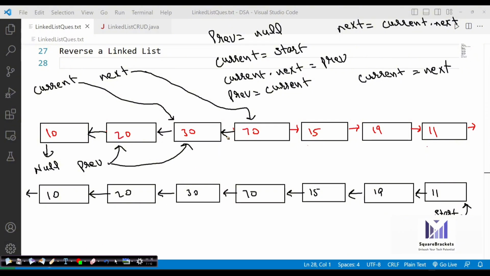our nodes or anything. I hope you are able to understand how exactly we are reversing the linked list. That instead of moving any node from here and there, we are just keep on reversing these pointers like this. Just 20 will refer to 10, 30 will refer to 20, 70 will refer to 30. This is how we are switching. All right, and how we are doing this? By maintaining few variables like this. So we just have to maintain previous, current, and the next, 3 variables, and then keep on moving until we get the final linked list reversed.